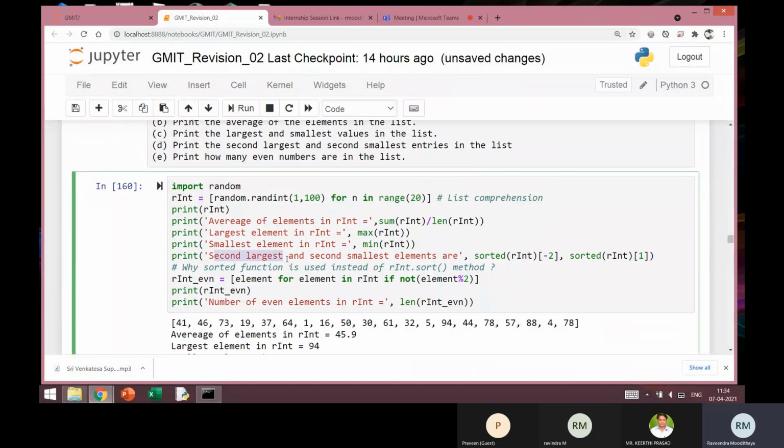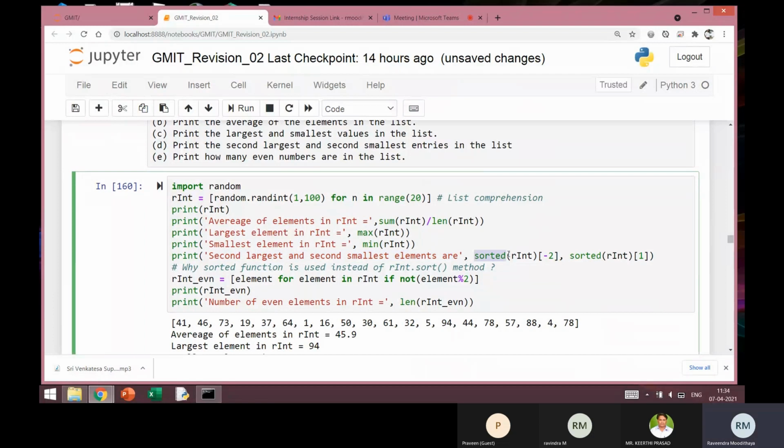Next, I want to know the second largest and second smallest element. Now you will have some known algorithms to find the second largest and second smallest element in an array, but I'm not getting into that algorithm. I'm using a simple trick here. I'll use the built-in function called sorted.